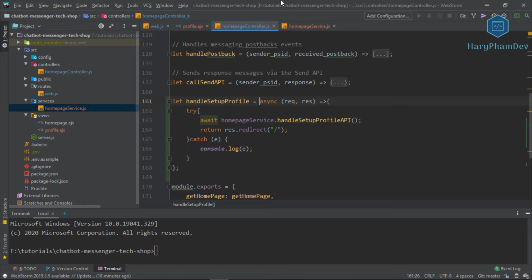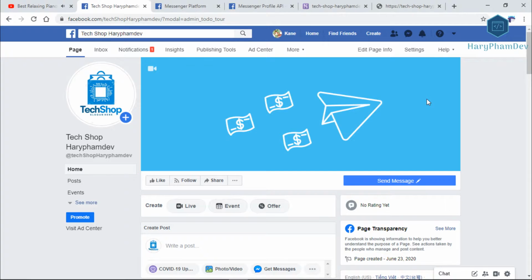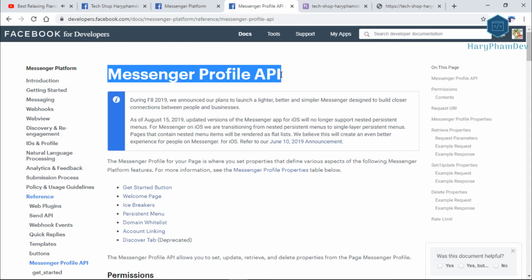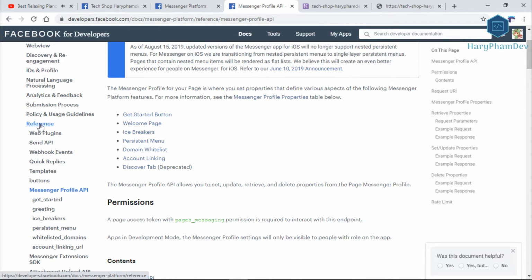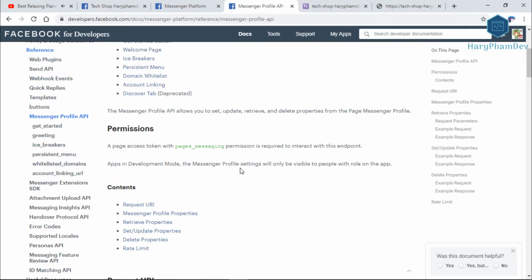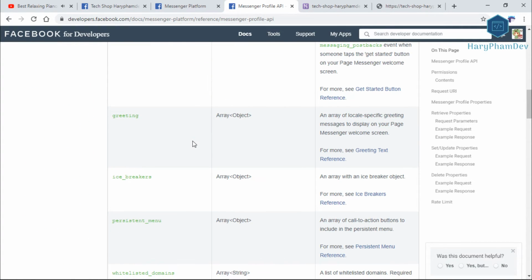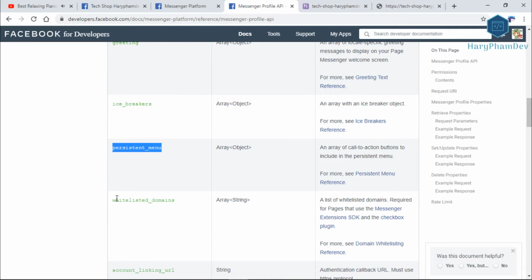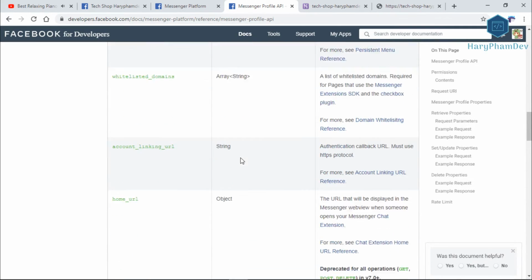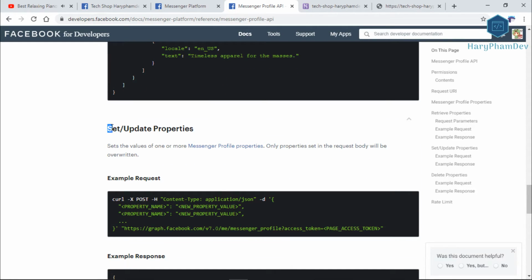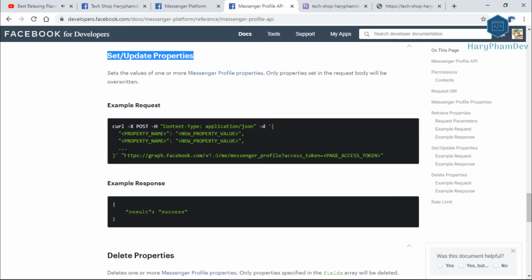To set up the persistent menu or the get started button, we need to know how to use the Messenger Profile API. You can find this section by clicking on the reference, then Messenger Profile API. The Messenger profiles include the get started button, the persistent menu, or the whitelisted domain. Going to the set update properties section, I will copy this endpoint, copy this one,